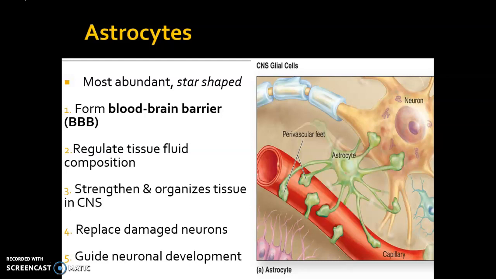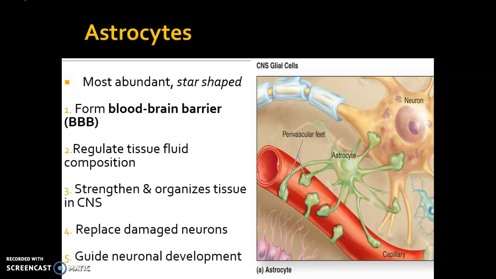The blood-brain barrier is a structure that protects the brain and prevents toxins and other harmful chemicals from getting into the circulation of the brain. The brain is a super delicate organ and we cannot allow toxins and other buildups to get to the brain. So the blood-brain barrier is formed by these astrocytes that prevent all these harmful chemicals and materials from getting